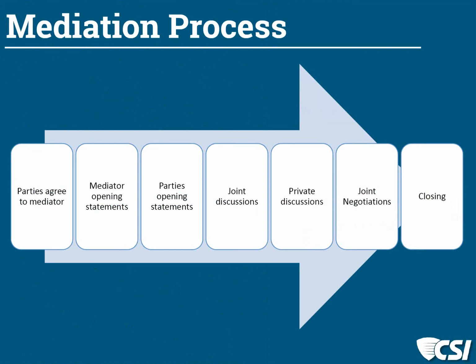And in that process, sometimes they discover a point of agreement, which is a place to start to move forward. And so they may bring that group back together for a final joint negotiation where you are able to find things that you do now agree on and are able to resolve your dispute, at which time there would be a closing and an agreement that would be documented for you to finally resolve the dispute.